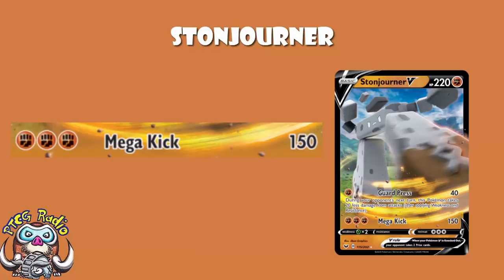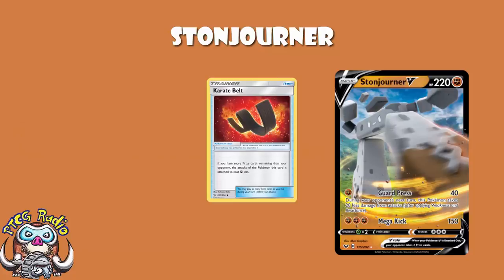That's it. That's what it does. Okay, it's alright. It's not stunning. It's fine. If you're behind on prizes, you do have the option of using Karate Belt to bring it down to 2 fighting energy. But the fact of the matter is we don't have great ways to accelerate fighting energy